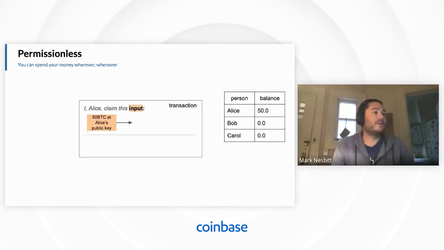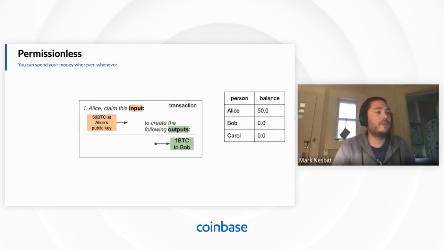To break this down a little bit more, we can talk about how this works with Bitcoin specifically, and how you spend Bitcoins. You may have heard about inputs and outputs to Bitcoins, or unspent transaction outputs, UTXOs. And so that's what this concept is here. So Alice may have gotten 50 Bitcoins at one point. Maybe she was an early miner, and that was the mining reward in the beginning.